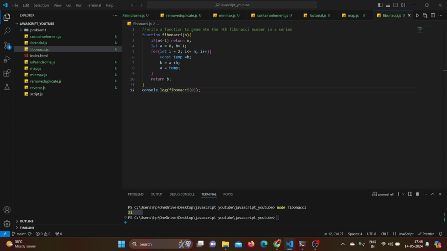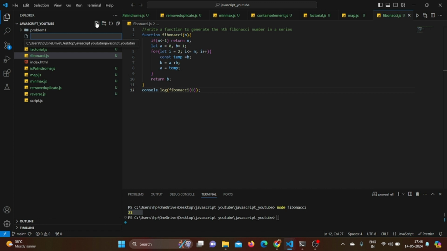So today we will be writing a JavaScript program to check whether a given year is a leap year in the Gregorian calendar or not. So let's create a JavaScript file. New JavaScript file, we will be calling it leapyear.js,